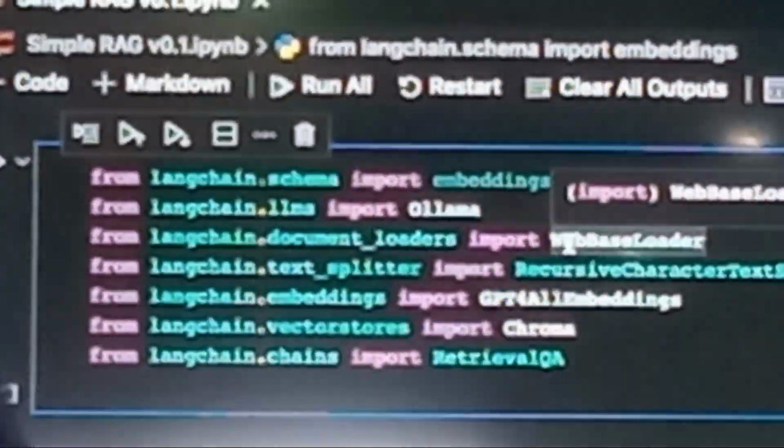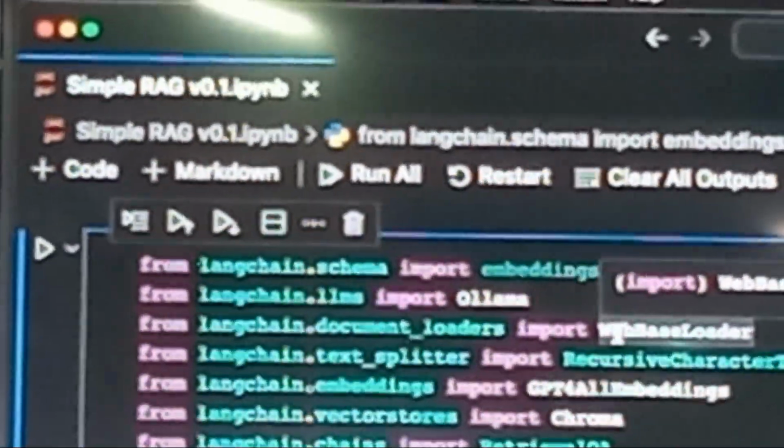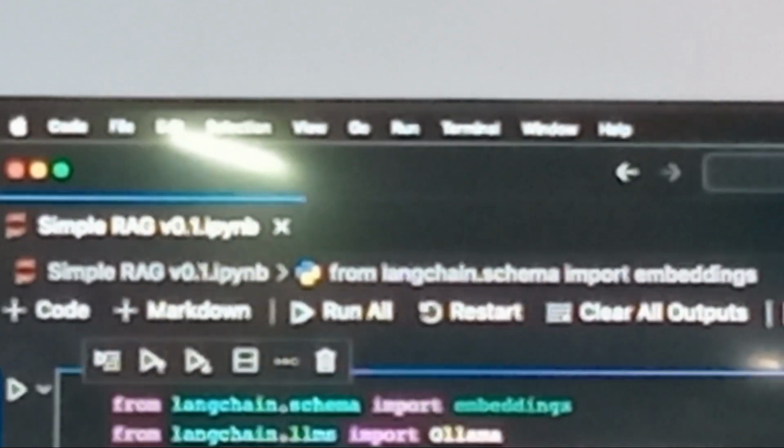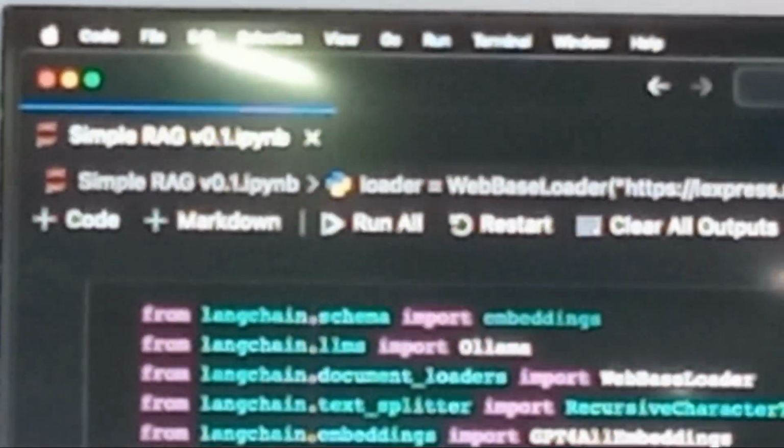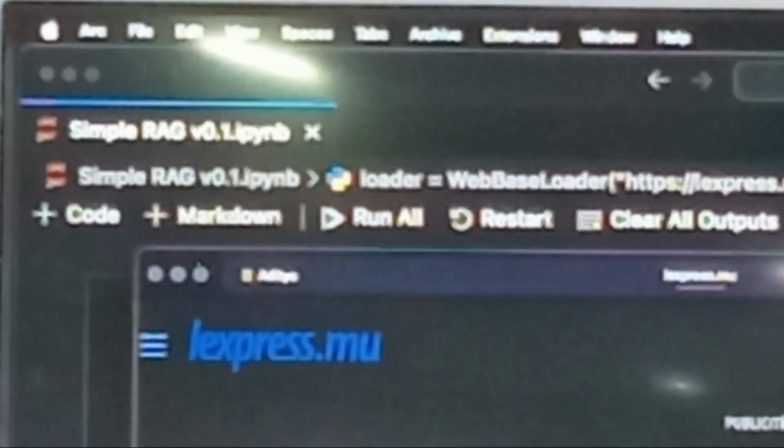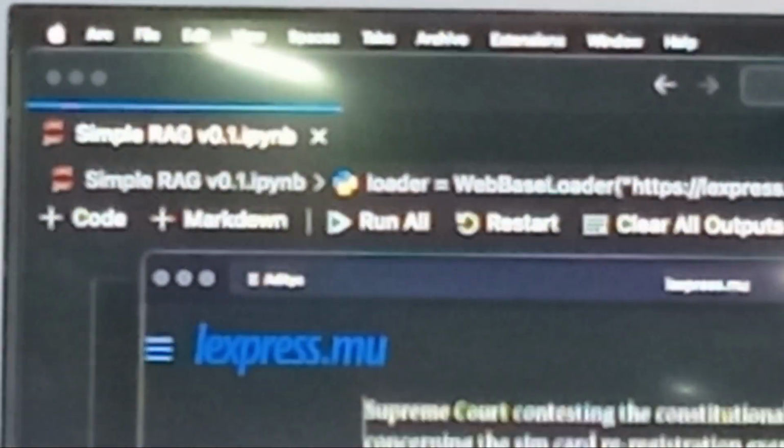This one is just going to call the Ollama API. This is going to scrape the internet for all the content. So what I'm using is the Stack Overflow